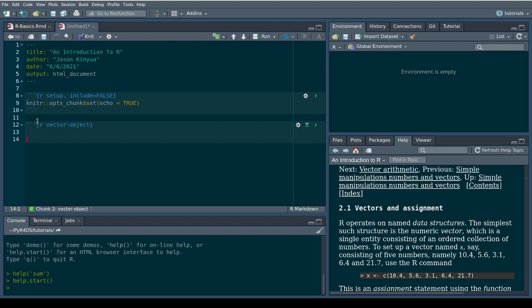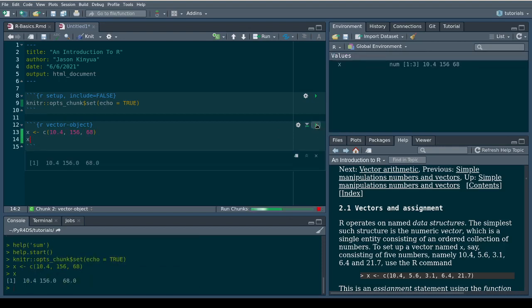That is called an R chunk, and then put your vector data set here. So x equal to c. This is how you create a vector data set, 10.4 and so on. Then you can preview your vector data set. After you have defined it, click this run icon, it will run and output your vector.